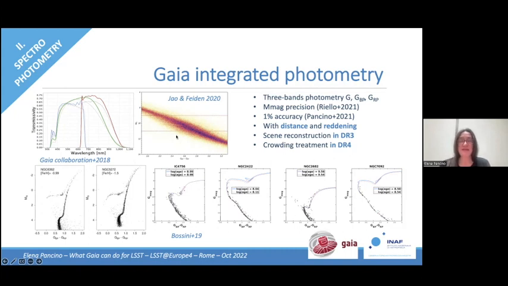And one interesting fact is that having so many stars, almost 2 billion, with such a high precision and accuracy, it is possible to detect previously undetected but predicted features of the color magnitude diagram, like the Jao gap. You see this stripe with fewer star counts in the lower part of the main sequence of solar neighborhood stars. This is the region in which stars transit from being fully convective to being partially convective. And this was predicted but never observed. I mean, we didn't have the statistics to support the robustness of this detection. So photometry is also very interesting in Gaia.